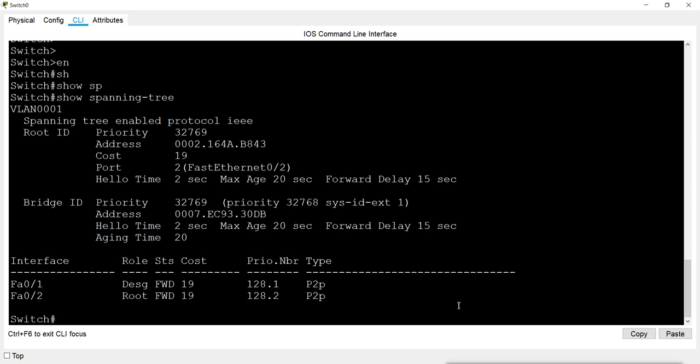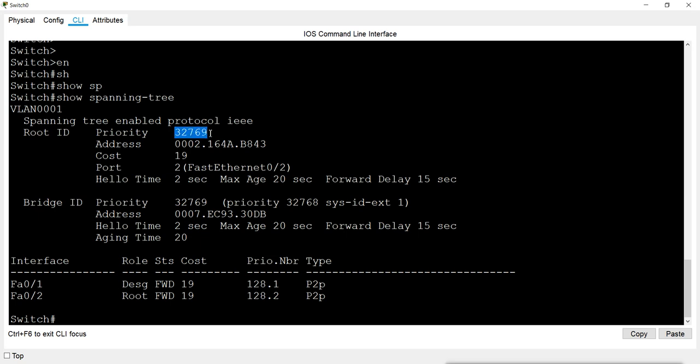Now what is it saying here? It is showing that the spanning tree is enabled, it is IEEE standard, and who is the root bridge? It is showing the root ID for the root bridge, having the priority of 32769.